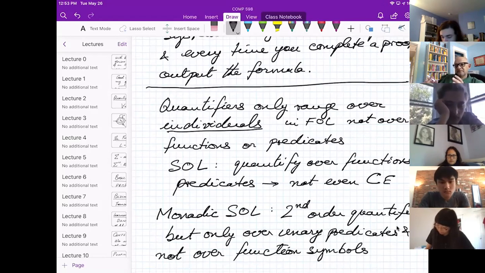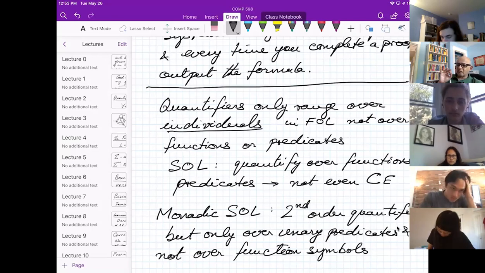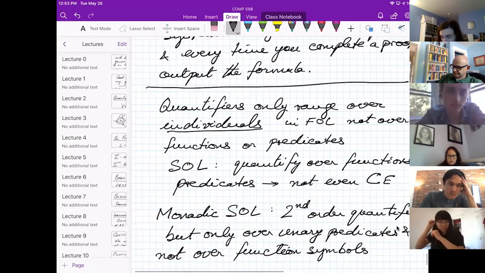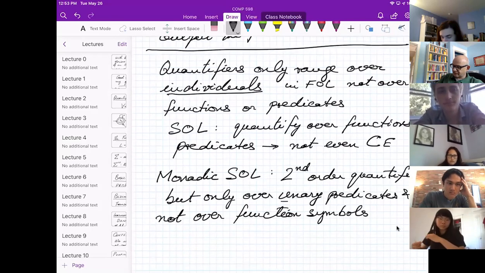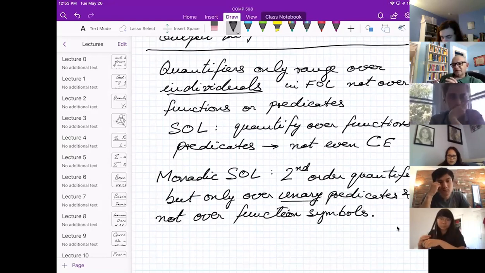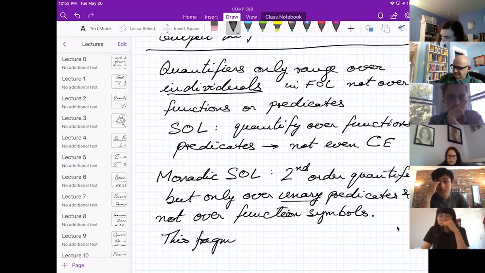It says, yeah, it'll be just like first order logic, but I will allow you to write quantifiers over monadic predicates only, no quantifiers over functions, no quantifiers over binary predicates. Monadic means one argument. Only over unary predicates. So this is kind of a fragment of second order logic. And this fragment includes most modal logics.